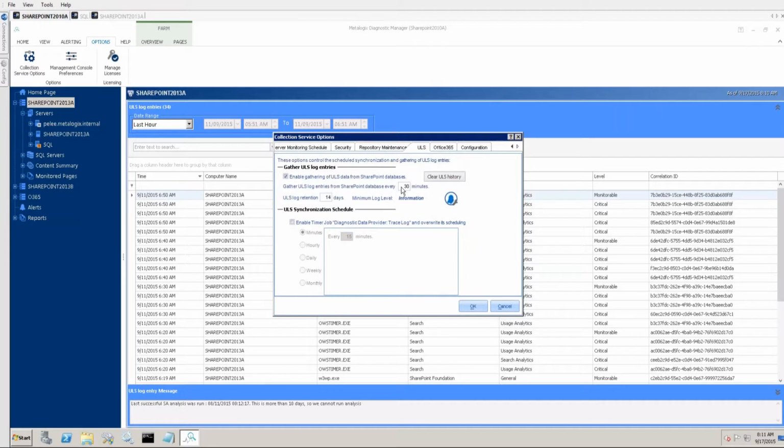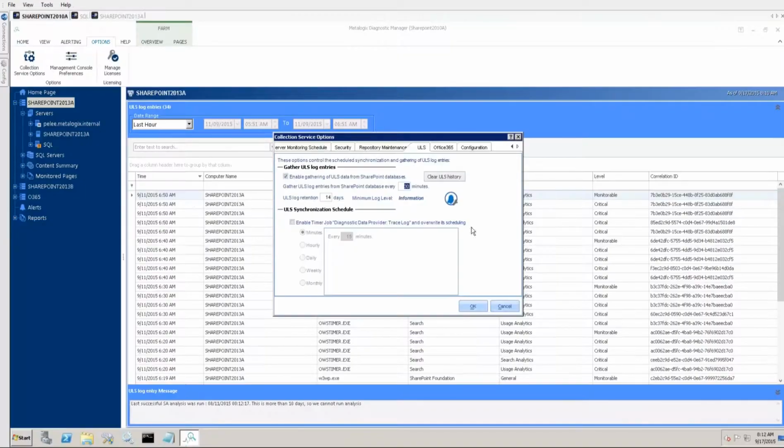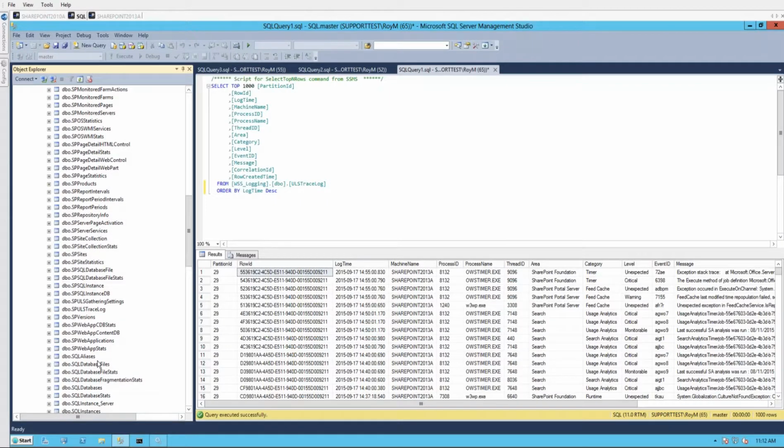By default, we set it to gather these entries every 30 minutes. In other words, sync every 30 minutes. It's important to identify that the service that runs and syncs to the view is a separate concept from the synchronization that happens on the monitoring side to synchronize what's in that view from WSS logging to our table of the same name. As you can see here, we've got a